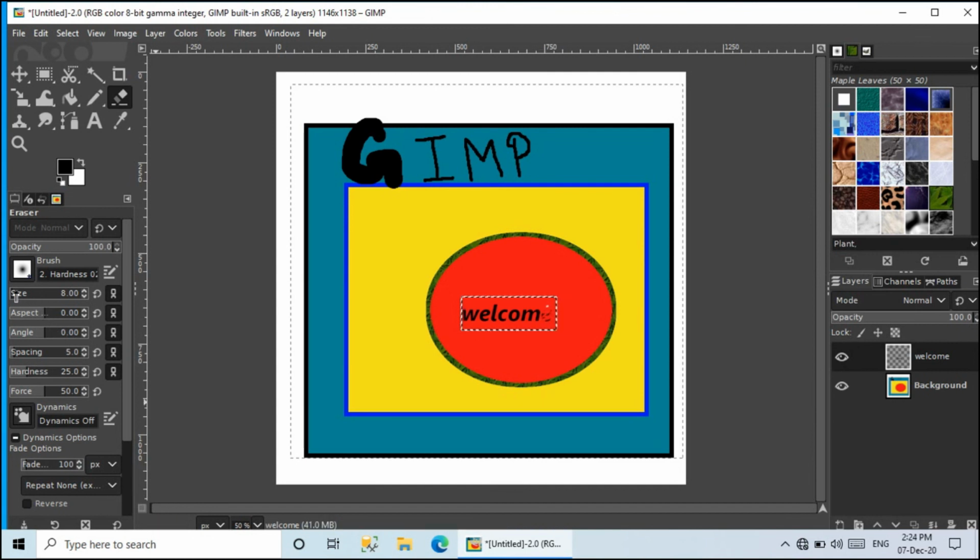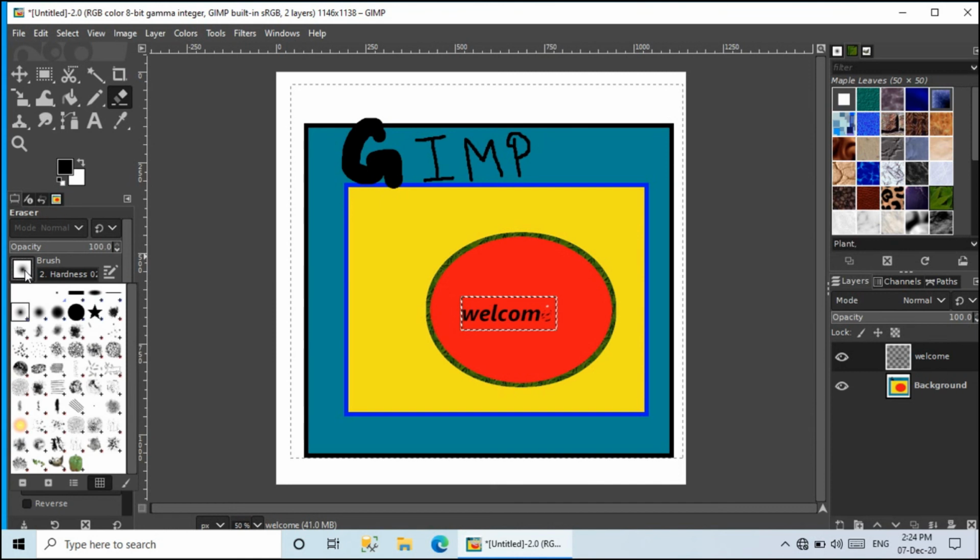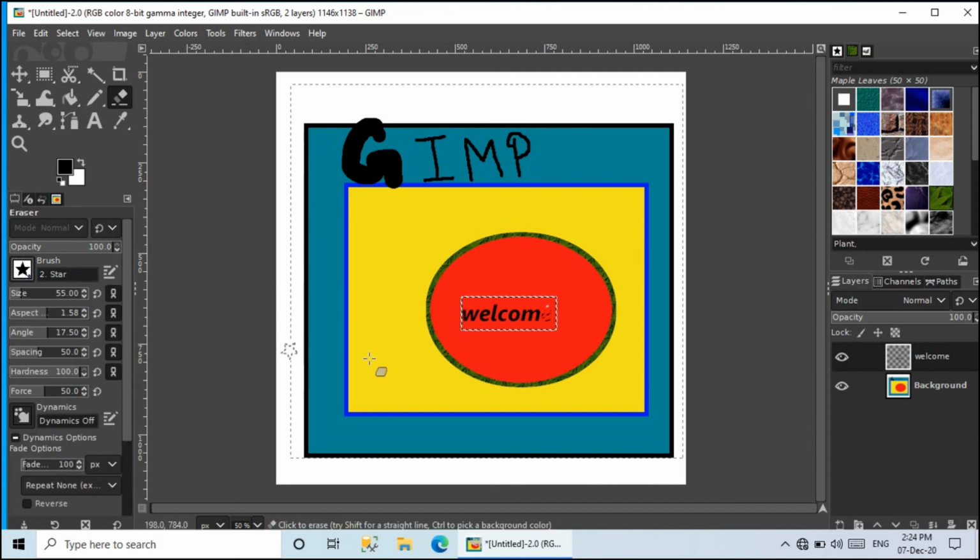Now here children, you can increase the size again, to increase the size of the eraser, and also shape you can change from here of the eraser, whatever shape you want. Supposing I have taken this star one and I can use this to erase. The size can be bigger, then it will be visible to you. See here I have taken it of the star shape and this can get erased.